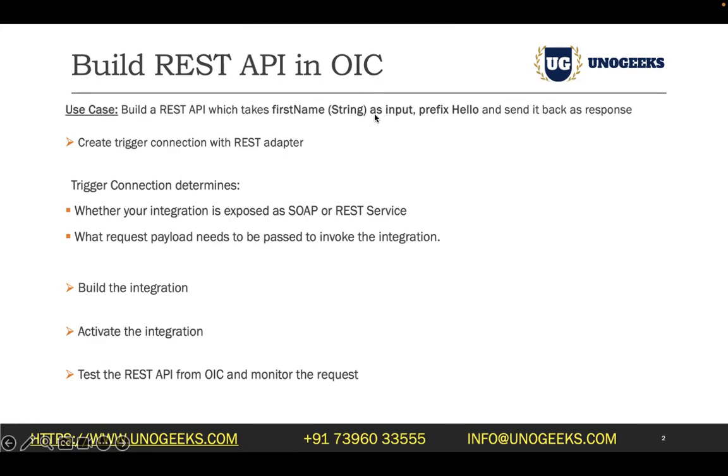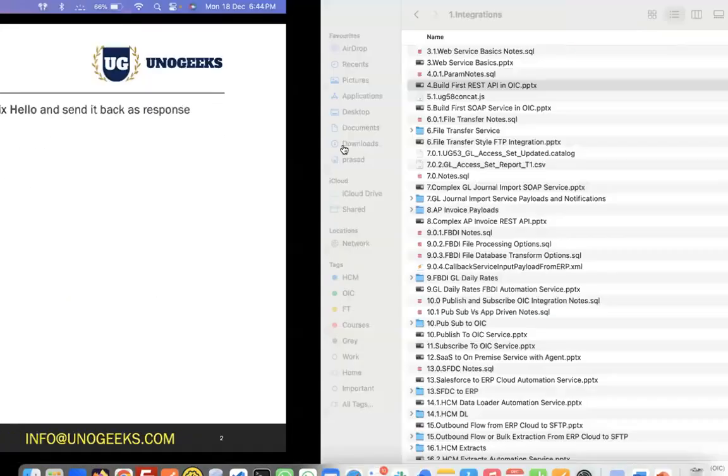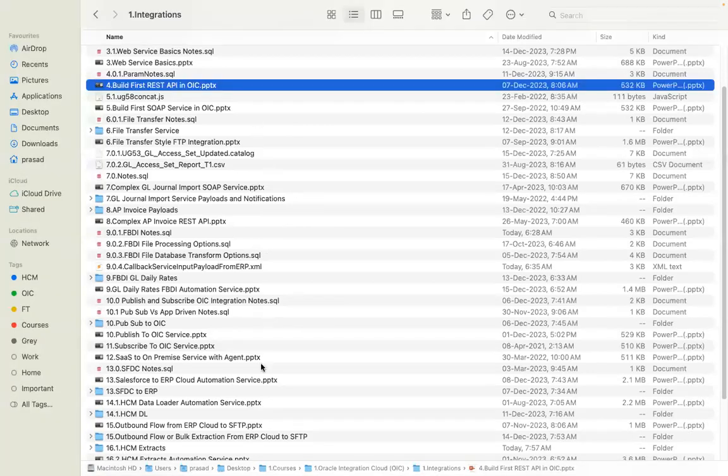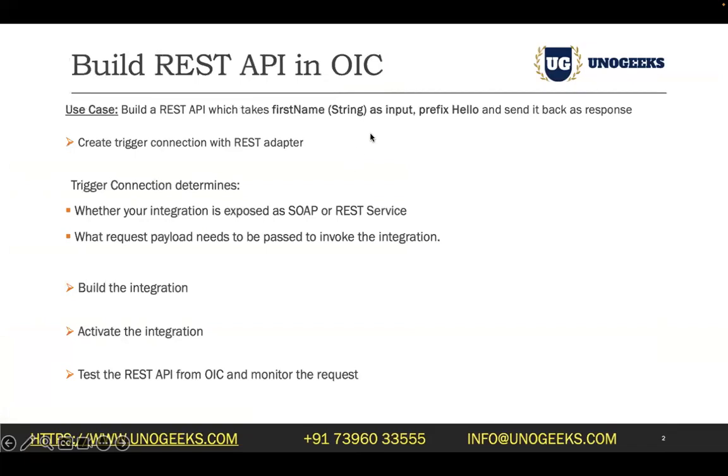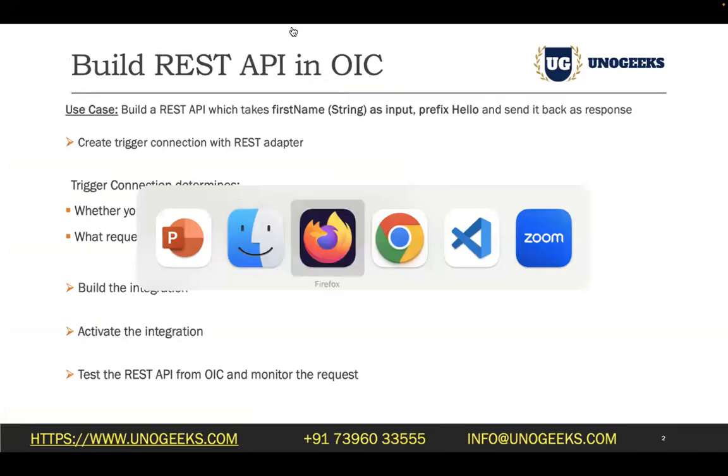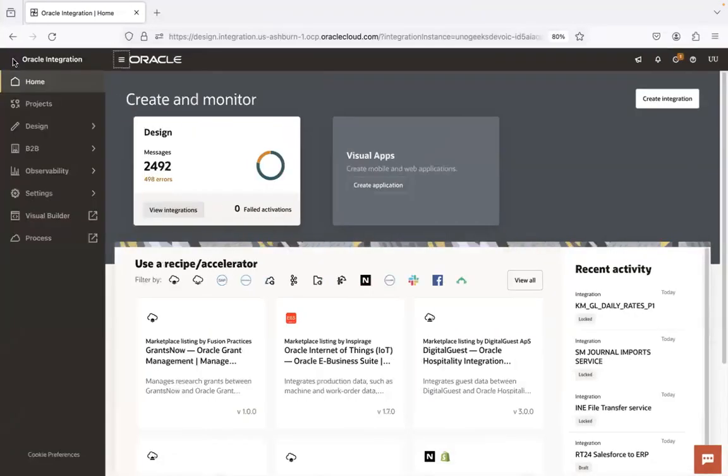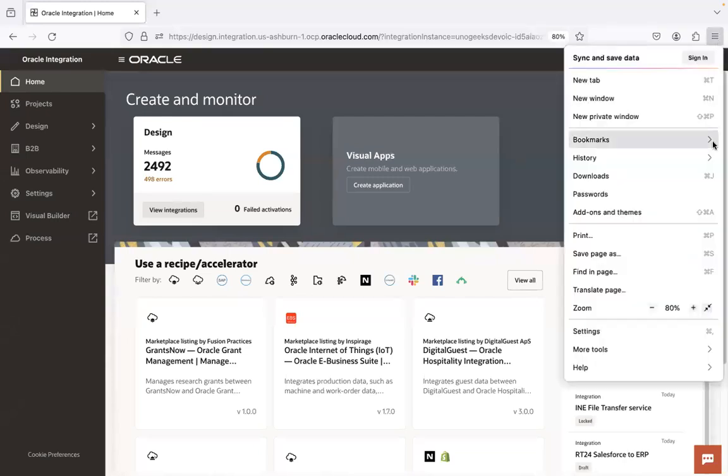We'll plug in complexity into the integrations later, as we have a lot of other use cases down the line wherein we will worry about it. Okay. Now, what's the first thing that we need to do, guys? Before you create any integration, what is the first step that we have to do? Or even before we create the integration, we need to worry about the connections first. And even before the connections, what else do we need to do, guys? We need to